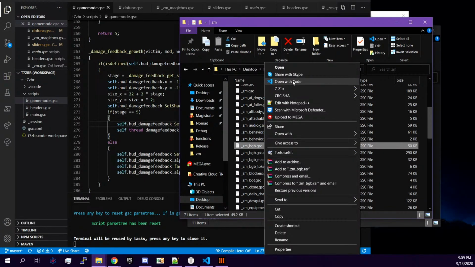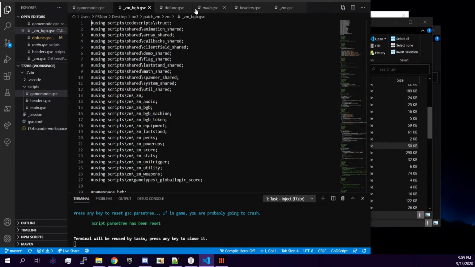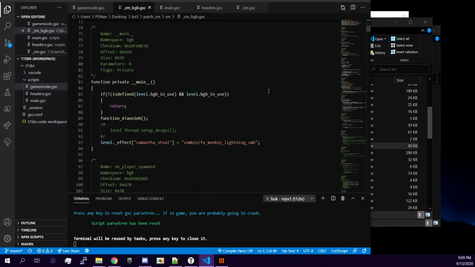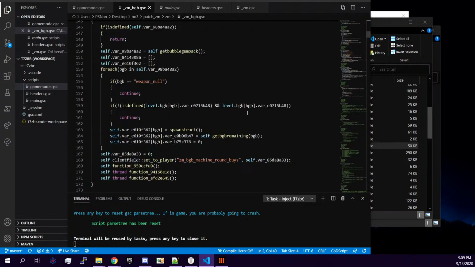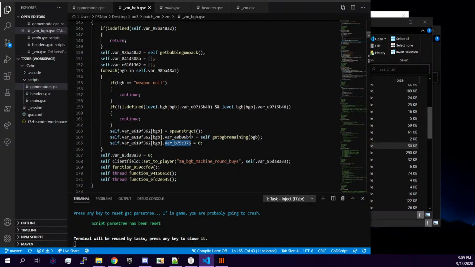Yeah. So, let me close Magic Box, Sliders, do Funk. So in here is where they determine whether your Gobblegums actually get used. These are the hash variables that get used. And this is the function that gets called whenever you...